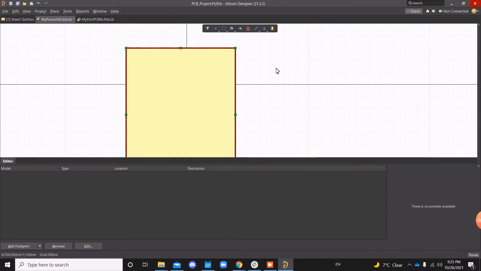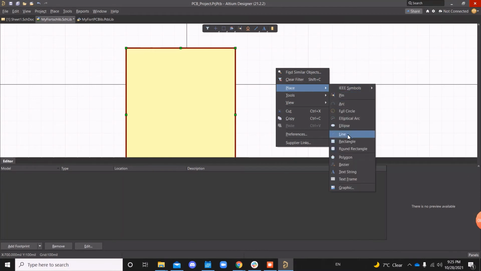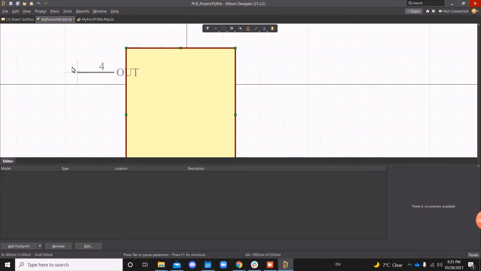So it's the same thing. Right click, place and pin. Since I've done schematics before, it will just increment the number for this one. You might get this as 1, but it doesn't matter. We can edit it in the properties. Make sure that the pointy edge here with the cross mark is outside because that's where you'll connect the wire. So if you connect it like this, then it won't make any connection because the connectivity is from this point. So I'm going to place it here for now and press escape and double click on this pin.